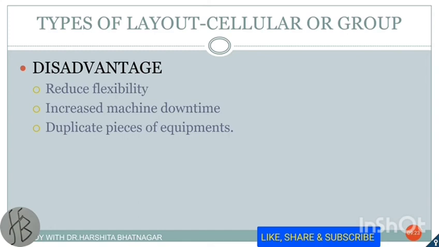Cellular layouts are of different types also, like flexible manufacturing module, flexible manufacturing cell, flexible manufacturing system, flexible manufacturing line. The grouping into the cell enables the performance of similar types of functions for a group of products. Hence, a shop floor is converted into a collection of cells, one for each product. Every cell moves according to its own rhythm, producing the complete product from scratch. This is called cellular layout.